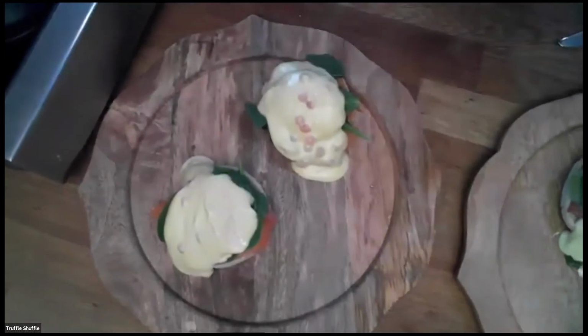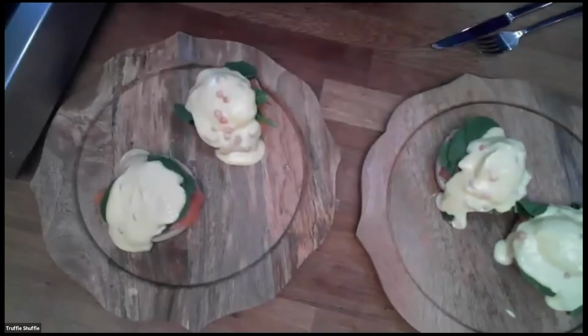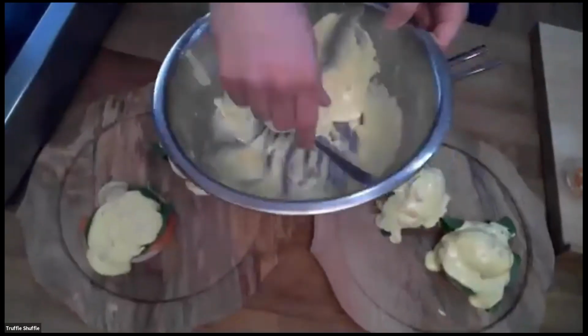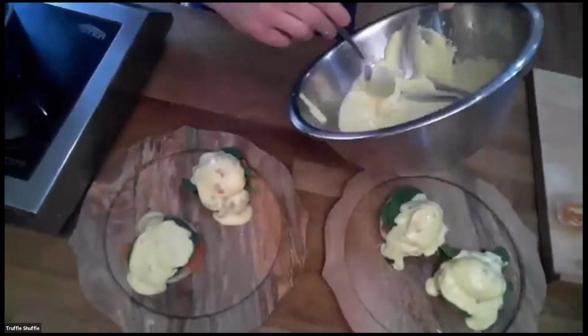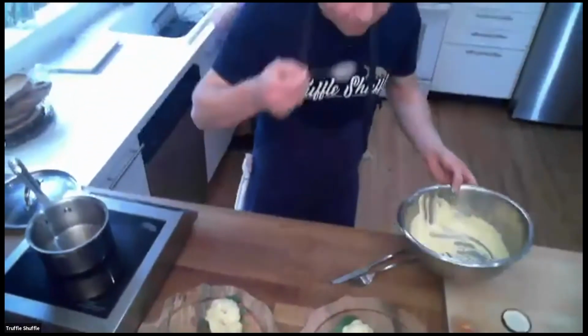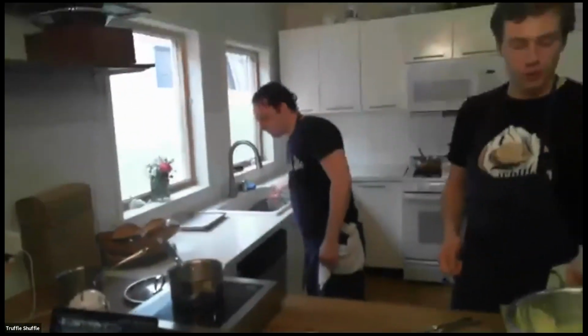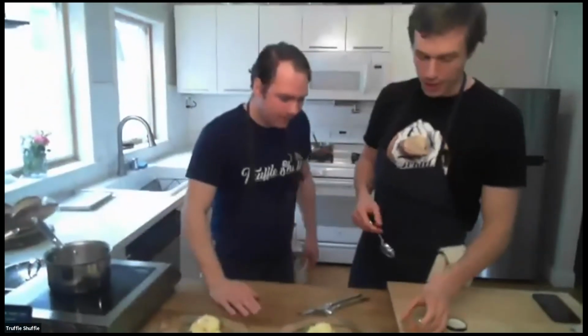Wow. Okay. And so now that that's happened, you see, we got a touch of hollandaise left. You guys are gonna want this later, okay? You're gonna want to taste this, try it. Can they potentially save it? No, you can't save it. Hollandaise is one of those things where once you make it, you gotta use it. And so right now we're gonna add a little